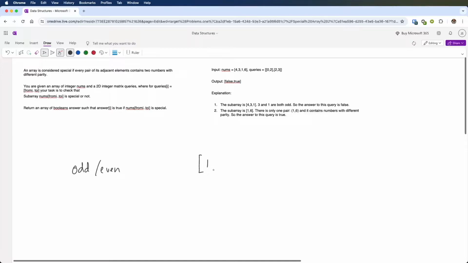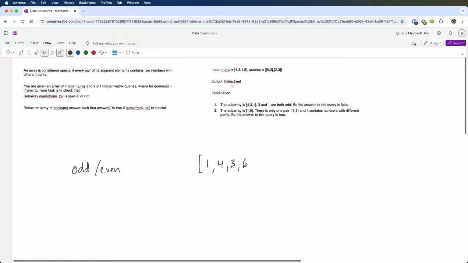So here, this is odd, this has to be even, this has to be odd, this has to be even, etc. We're also given an array of integers nums, which is our array we're looking at. And then we're given queries, and queries is going to be a range that we're looking over. So here you see query 0, 2, 2, 3. Basically what we have to do is, for each of these queries, look at that range in our nums. So here it'd be 0 to 2, 4, 3, 1, and we have to determine if that subarray is